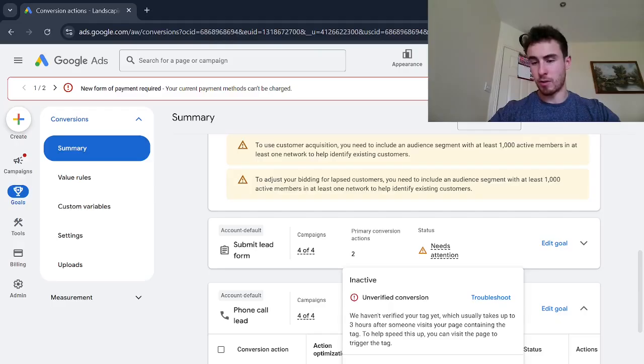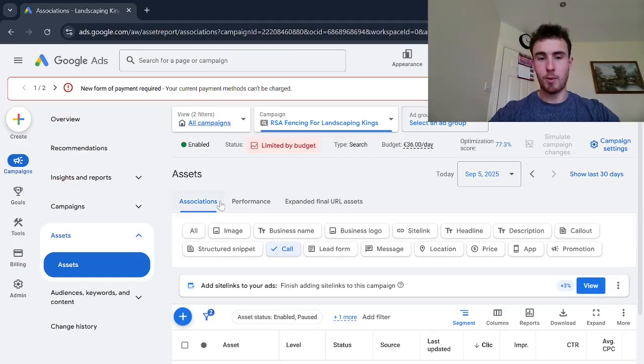And then that's just going to confirm for you that the conversion action was set up accurately. And now what we're going to show you how to do as well is track calls that come in from the ad itself and not just the landing page. And this is a lot easier to set up because there's nothing involved with Google Tag Manager or anything like